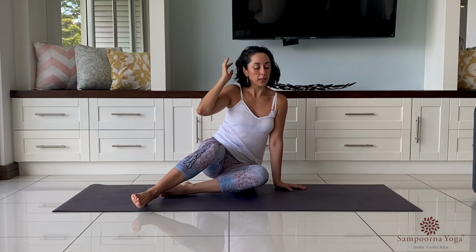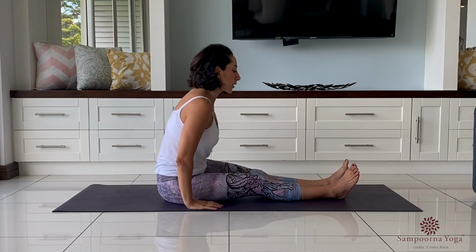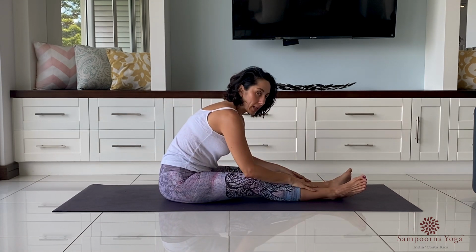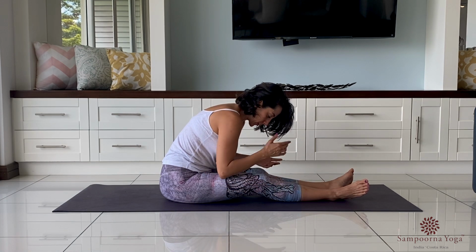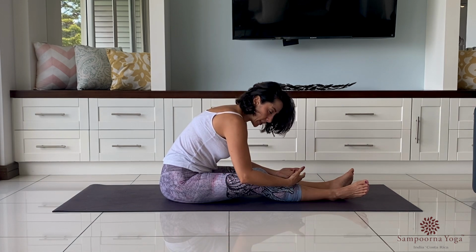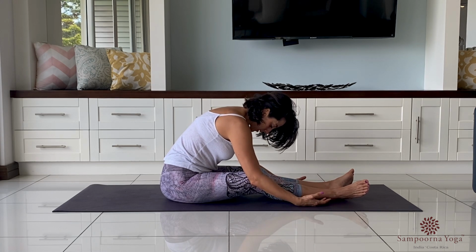Now we're going to shift our legs to the front and extend the legs to the front, and we're going to start moving forward and down into this caterpillar pose, keeping your legs as straight as possible. You may feel or see that there's some flexion in the knees because we are not including any muscular effort into doing this pose. Toes are moving out, your palms are facing up,